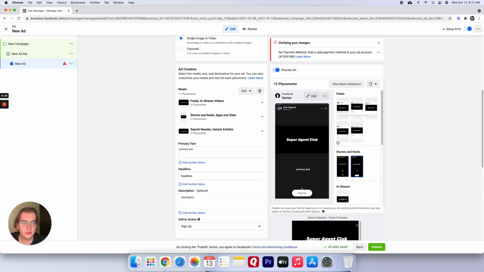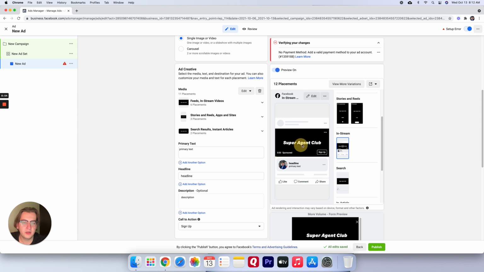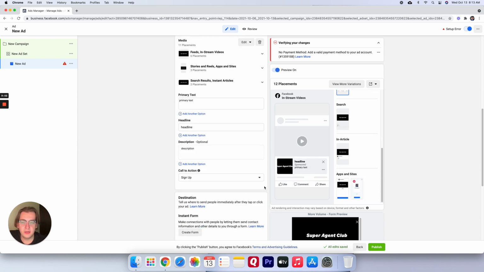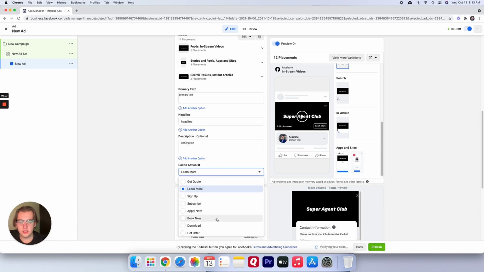You can go through here and see the different things, like video. I don't recommend video because then it's just going to be your picture zoomed out. So you want video turned off unless you specifically are looking for a video. For the call to action, make sure it's accurate. Some good ones can be Learn More as a classic, but if you want a little bit more punch to it,